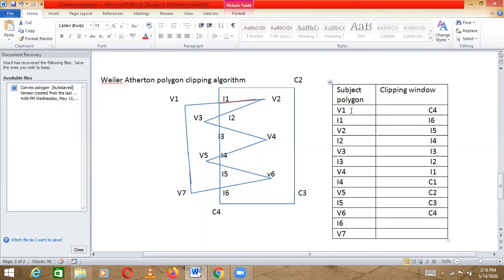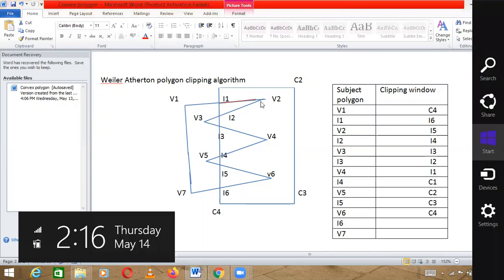So I will write here v1, i1, v2, and after that I move from v2 to v3. We follow each and every edge: v1 to v2, then v2 to v3, v3 to v4, and in the same way we continue. So v2 to v3, and in between we have the intersection point i2. So I write v2, i2, and v3. Then v3 to v4, and in between we have i3, so v3, i3, and v4.